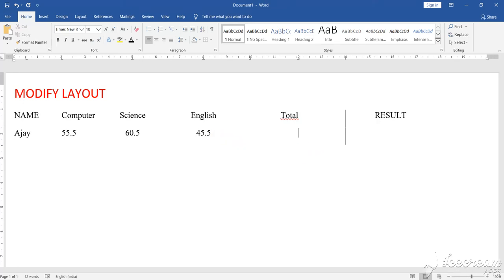Okay, one stop, next stop. So in this total you can put the total marks that the particular student has got, and then the result. That means let us do the total.